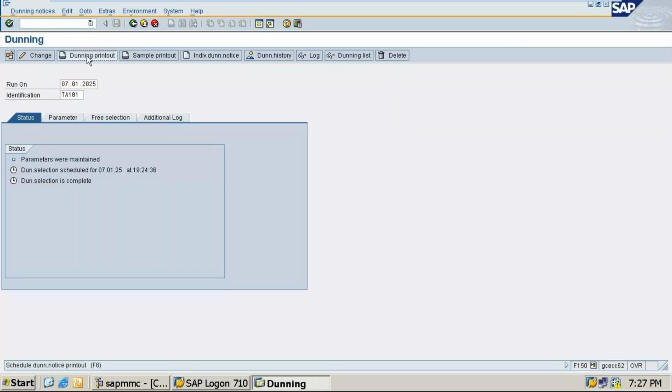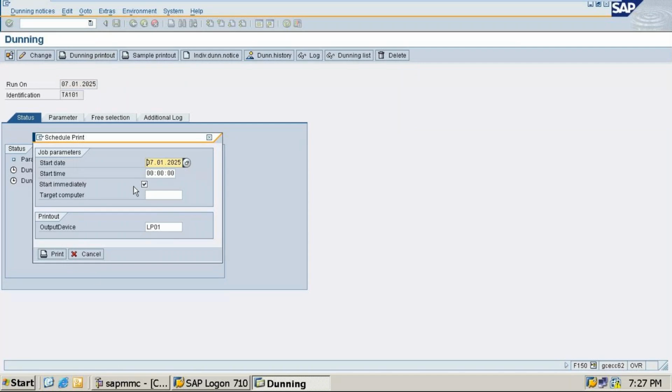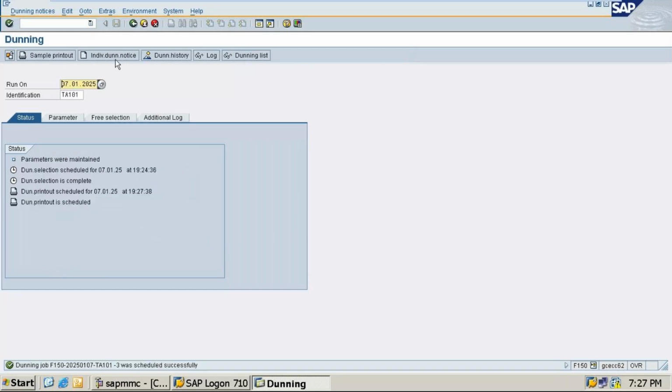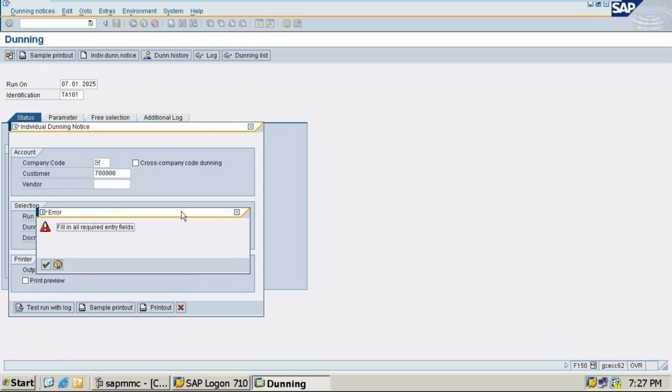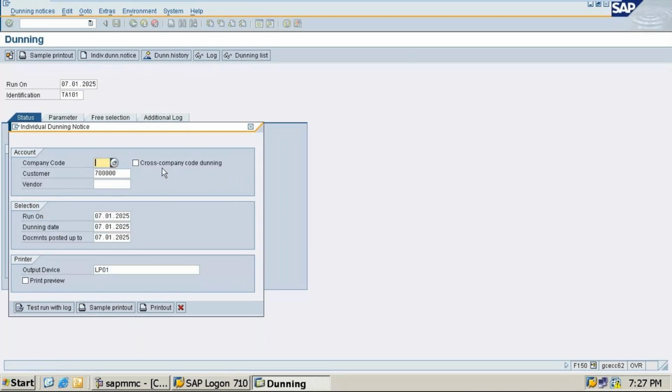So dunning printout, start immediately. Output devices print. So this is successfully the dunning notice. Sample printout. You can do it, this field is a required field. Okay. So company code is TA10.